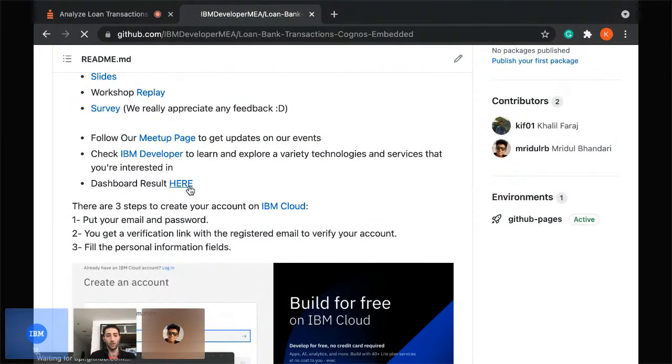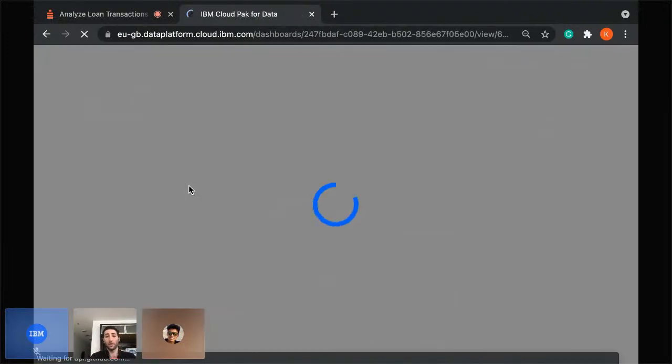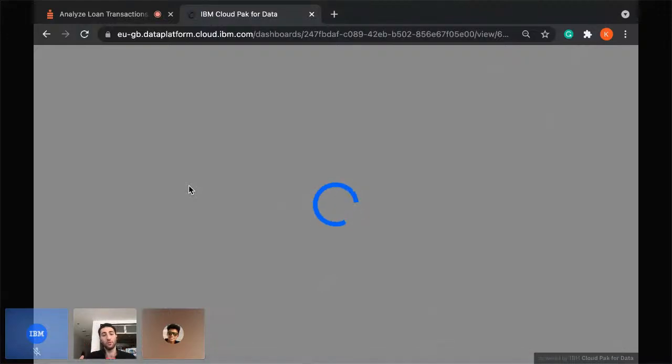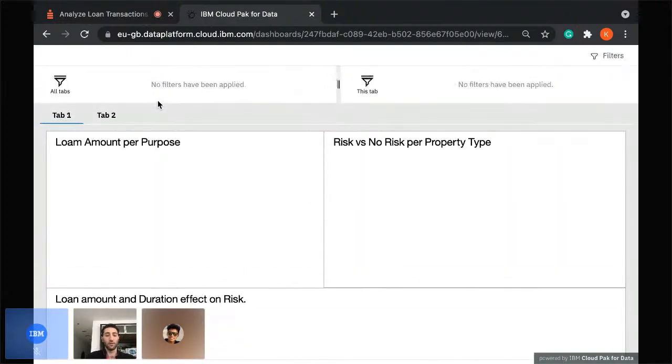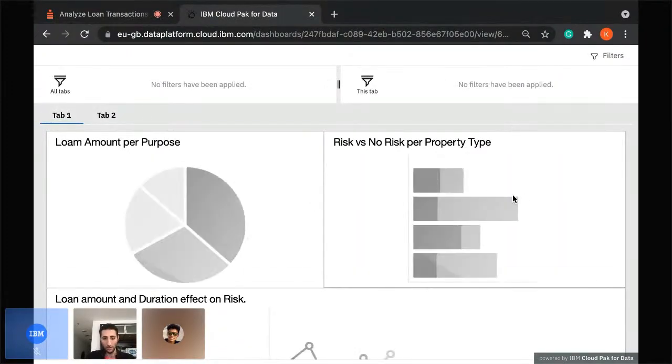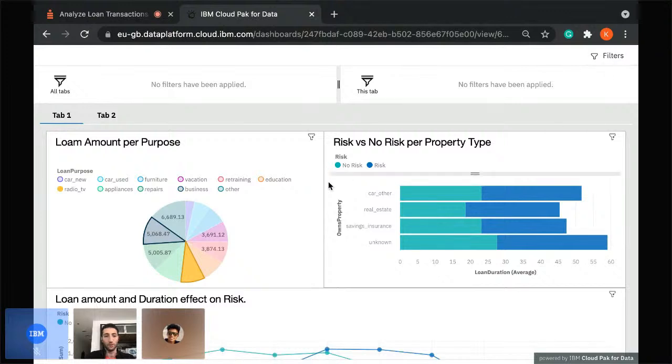workshop. But meanwhile, just to give you some time to register, I want to show you what the end outcome will look like. Eventually, we're going to generate a dashboard with a couple of visualizations that you can share with anyone. In this case, I've already generated mine. It's already there inside the GitHub repository, so you can click on it and you will see all of the outcomes. It will take a couple of minutes to load, but basically, these are our visualizations that